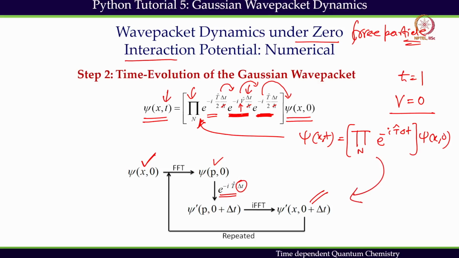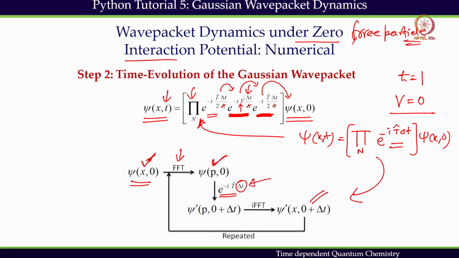So, explicit numerical steps are summarized here. We start with the initial wave packet, which is psi x 0. Then, because we have to carry out the kinetic energy part in the momentum domain, k domain or p domain, both are equivalent. The expressions are different, but they are equivalent. So, we have to convert this one to momentum domain, and that conversion can be done through fast Fourier transform. We are now familiar with it. We will see the implementation again, and then we have to